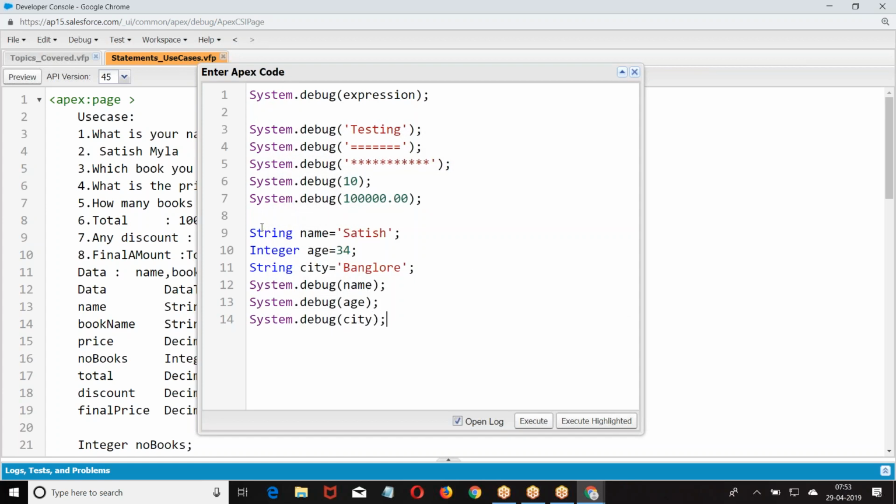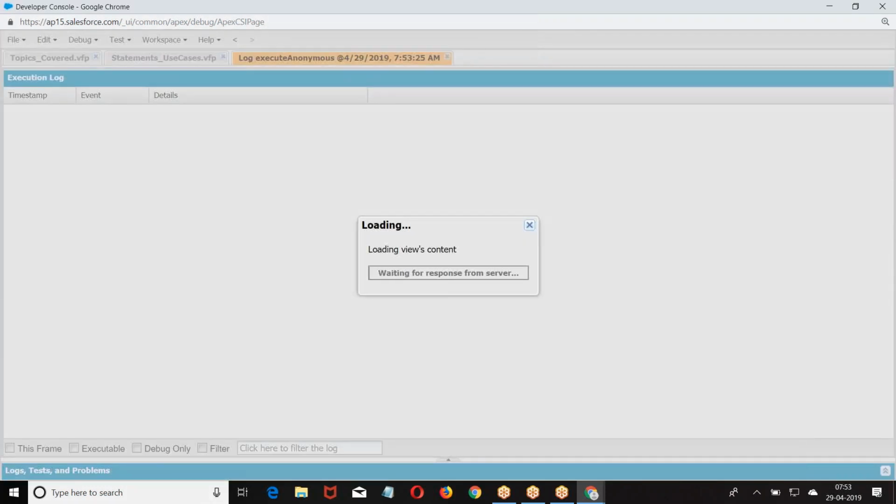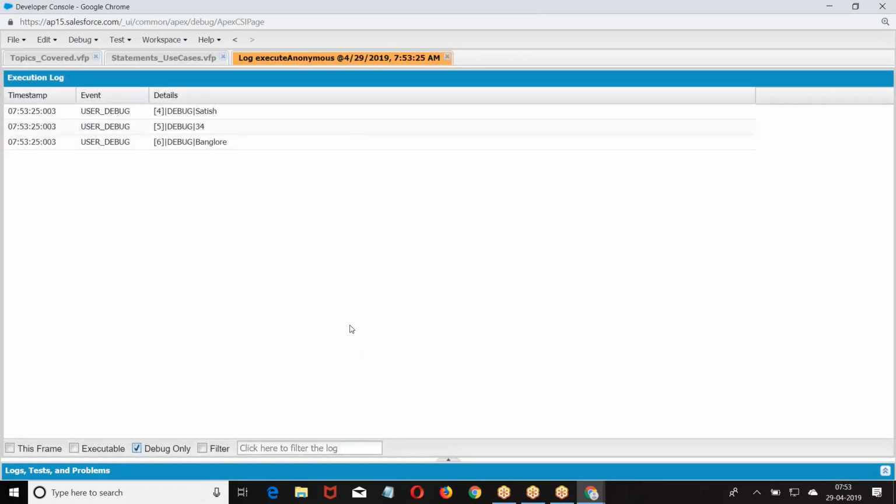Now I have taken variables and assigned values to them. Now I want to print them. So I give system.debug name, system.debug age, system.debug city. Now we are getting the values of name, city and age.